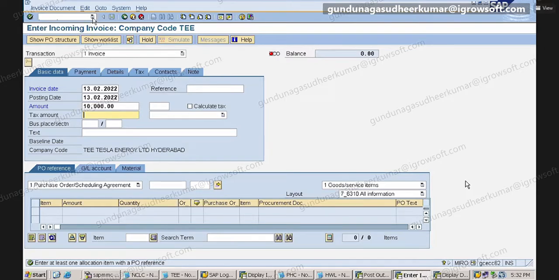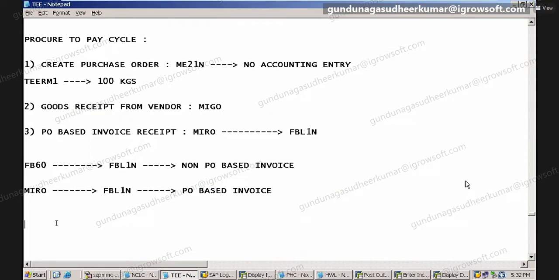Okay, so MIRO we have done. Now, why I am saying this FI-MM integration is important is, see, in your CV you are saying, I know accounts payables, right? FBL1N is nothing but accounts payables, right?